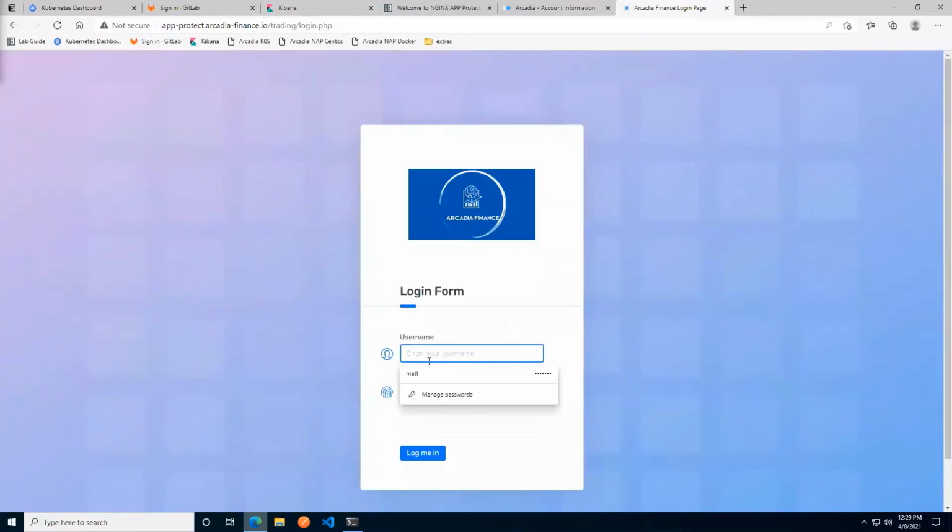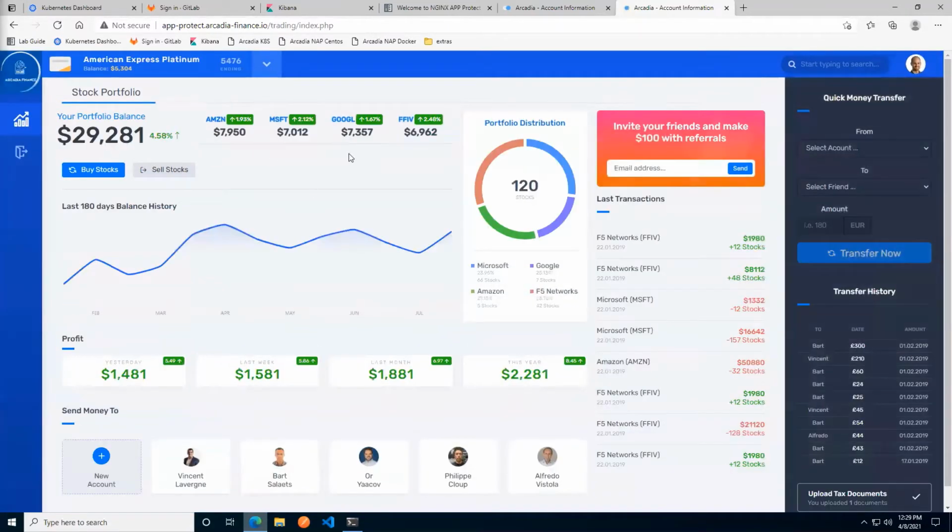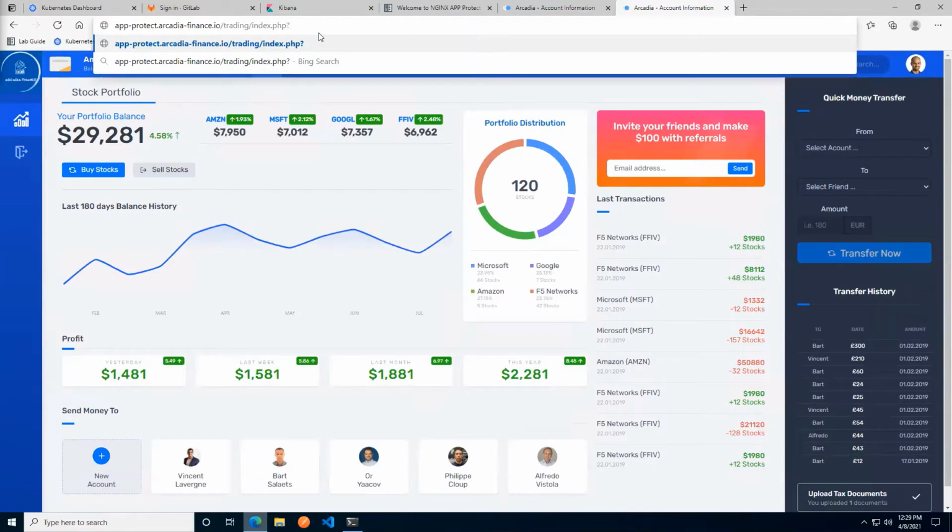I'm just going to log in for good measure to see that that works, and it does indeed. And how can I tell that I'm actually protected? Well, I can run a pretty standard attack. I'm going to run a script injection attack. So I'm going to add a query string here by adding a question mark, an equals and a script tag. That should do the trick, like so. And yes, indeed, I'm immediately blocked.